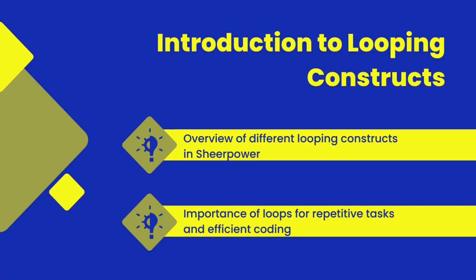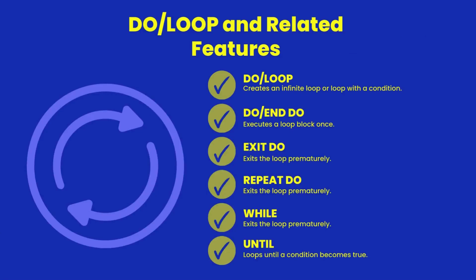Looping constructs are essential in Sheerpower for repeating tasks efficiently. We'll cover do loop, while, until, and for next loops, which allow you to automate repetitive actions and enhance your code's performance. Do loop in Sheerpower creates a loop that repeatedly executes a block of code until a specified condition